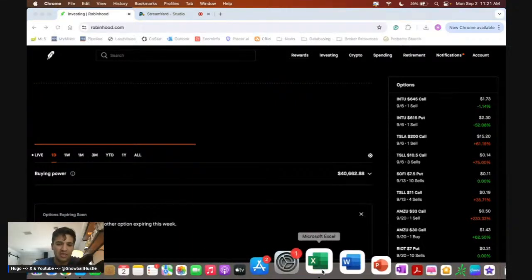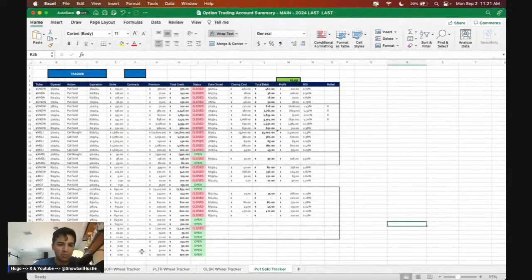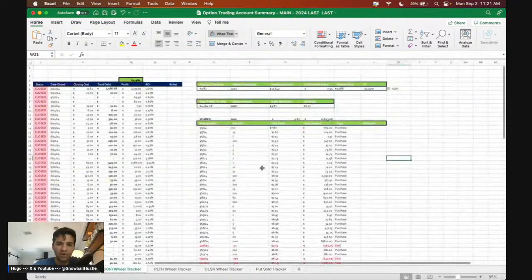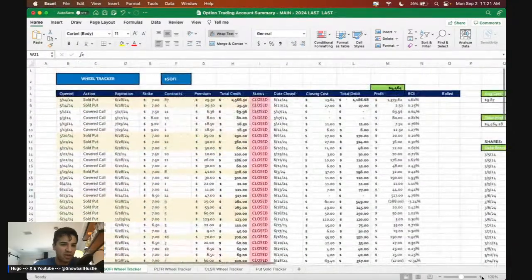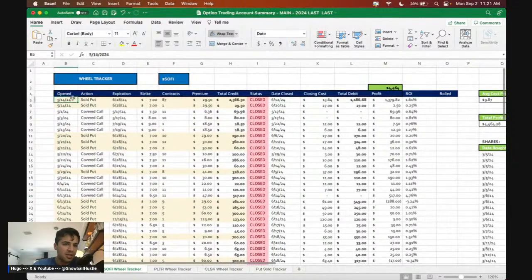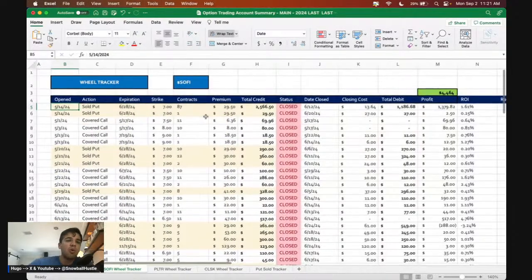So if we go to this Excel, it's very simple, right? Let me zoom in here. Let's do it for SoFi, for example. Here I have the date it was opened. Let me know if you guys can see this properly. I'm going to zoom in as much as I can. Here I have the date it was opened, and the type of action it was. So I sold a put. Then when that put expires, my strike price, and how many contracts I had opened,